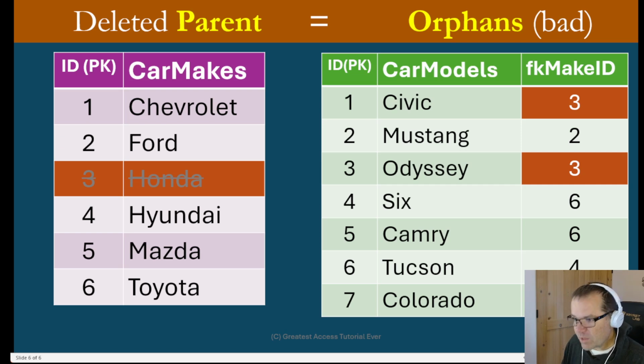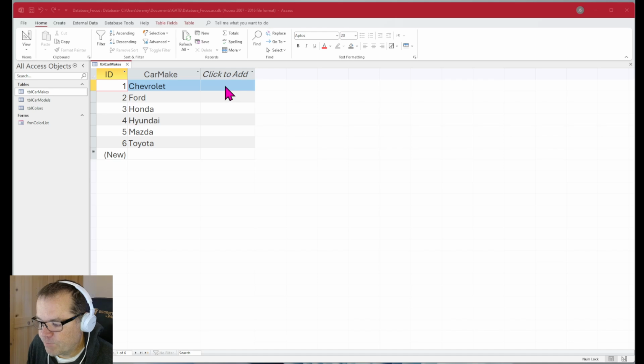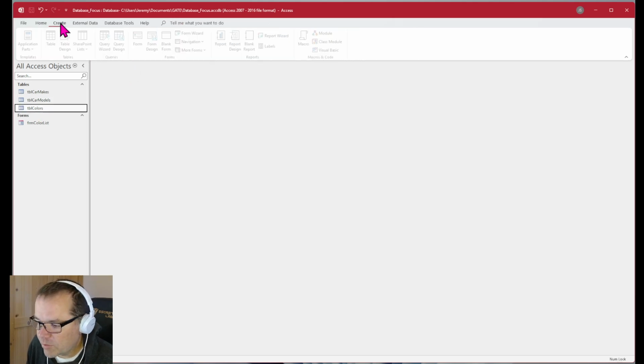So that is it. That is the basic, very, very basic data relations in Access. There's much more to come, but we've gone ahead and set up these. Now, if you guys want, we're going to set up one more table. So check this out. Remember, in episode 1.1, I believe, table basics, each table is very unique and specific to itself. Well, we have table car makes, table car models, and colors. Why do we have these colors? Well, we're going to make one more table called